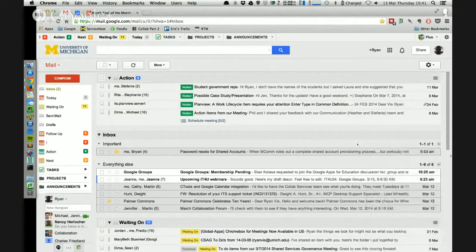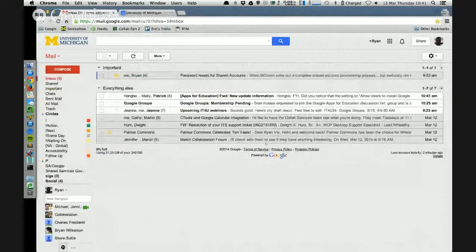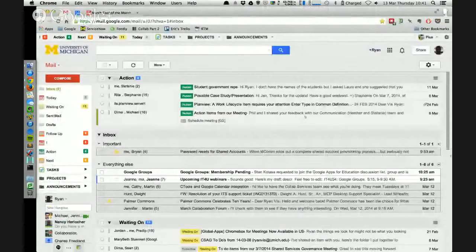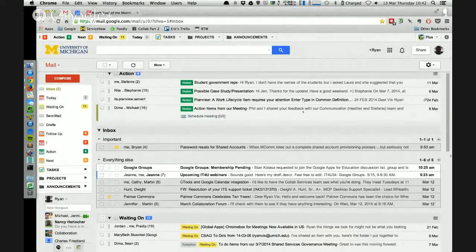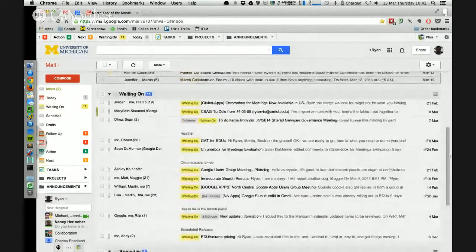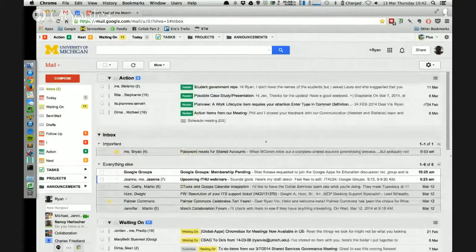Sorry, Nancy, I do not have a moment. So this is my inbox with Active Inbox, and hopefully I don't have anything too bad in here. I'm going to contrast that briefly with, oops, this is my inbox just with Google, no extensions, no add-ons, no anything else. This is Active Inbox, and there's a number of changes you're going to notice right off the bat. The big one, or the big three, we'll go with the big three. First of all, my inbox area is really busy. I have a lot of sections in here, and I'm going to go through what each of them are.